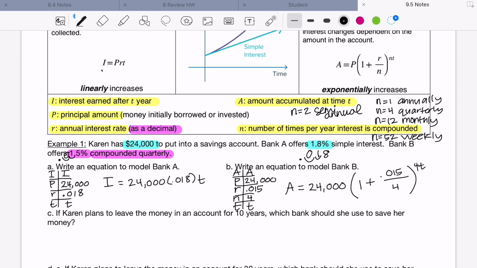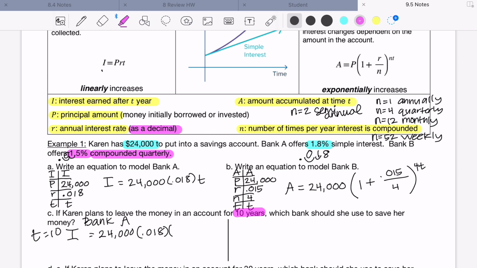Now we have to keep in mind here that Bank A is an interest formula, not an account balance. So we're going to have to add it to her original. So I'm just going to separate this real quick. Here's Bank A. I'm going to take her interest formula and put in T equals 10 because it says right here 10 years. And then I'm going to plug that into my calculator just as is. And that means that the interest that she's earned is